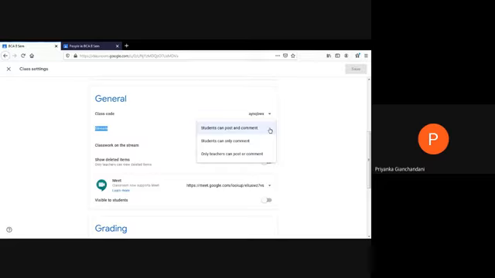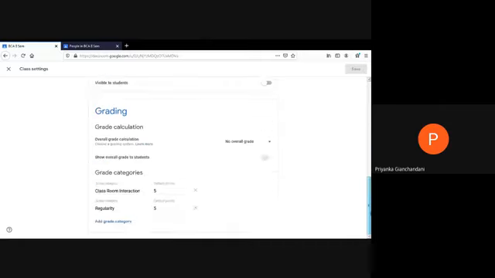If you want to stop your students from posting, you can select this particular option saying that students can only comment, or if you don't want the students to post or comment, you want only the teachers to post and comment, you can select that only the teachers can post or comment. So from the settings option, you can select who all are allowed to stream inside your Google Classroom. Now there is a meet option also there. If you want these meet options to be visible to the students, you can click on this visible option. So this meet option is going to be visible. For the time being I have not activated it for my students.